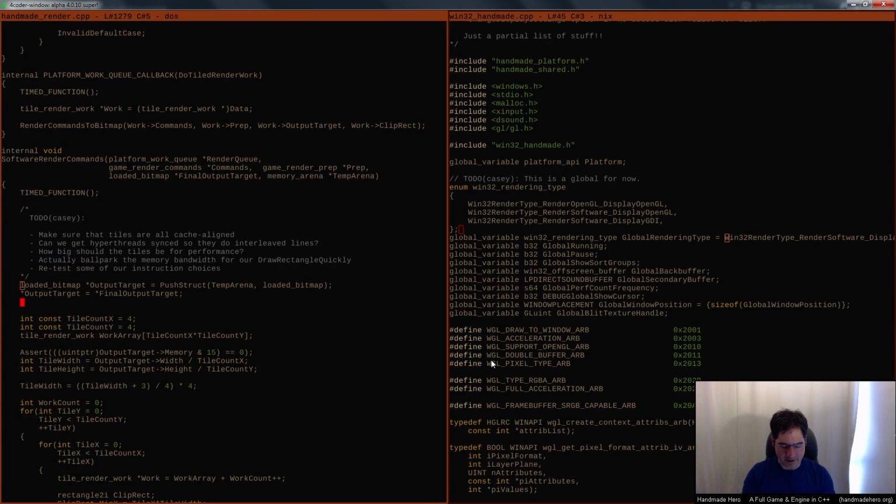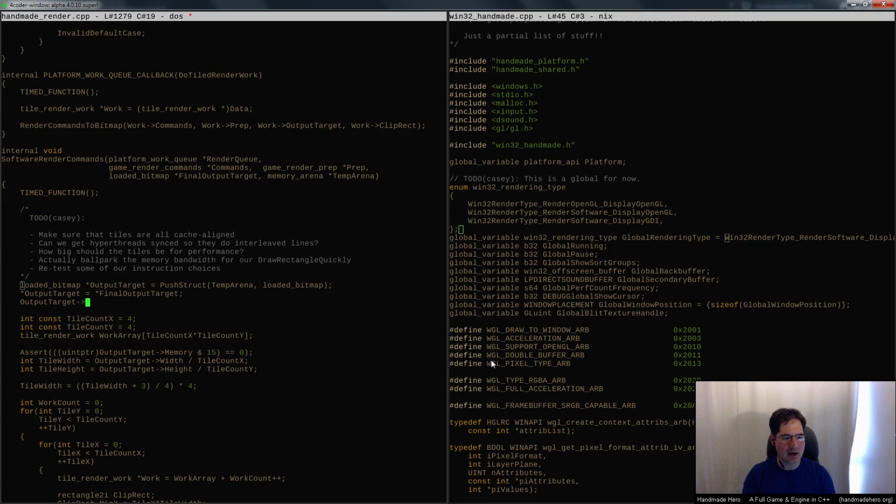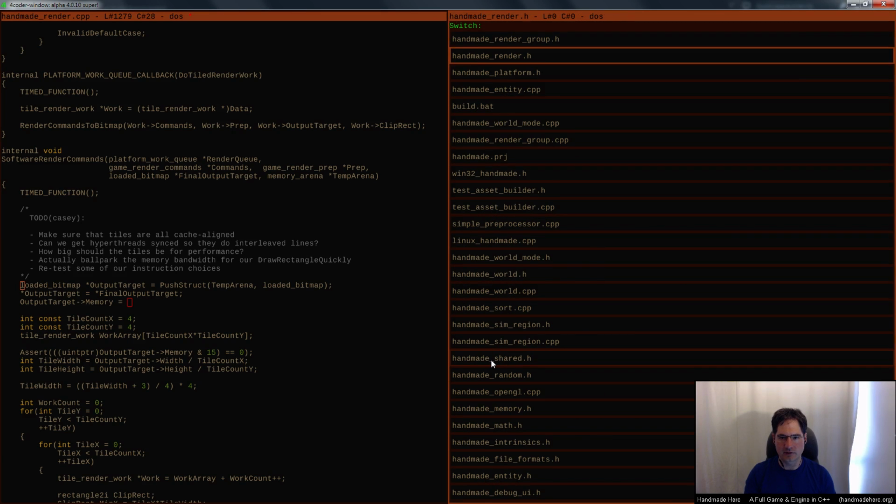But now I'm going to change it to say, okay, now I want the output target's memory. I would like to have a memory block that's the same size as the other memory block, the one that was getting passed into me for the final output target, right? So instead, I'm going to now go to loaded bitmap.